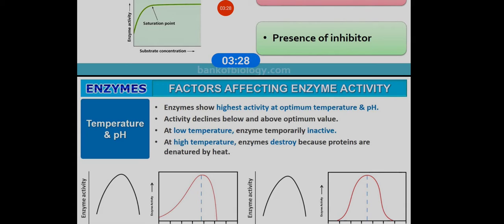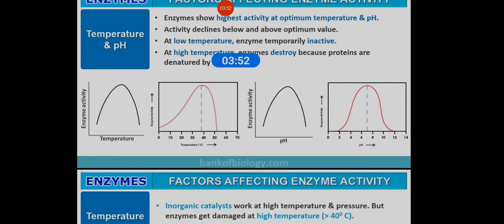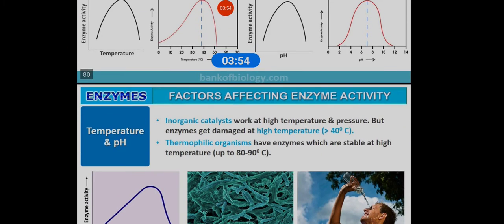You know that the simple method of protecting our foodstuffs for a longer period is either to heat the foodstuff, or to keep it in a refrigerator. If we keep it in a refrigerator, then bacterial enzymes become inactive, and if we heat it, then enzymes are destroyed. So these are the factors which affect the activity of the enzyme.